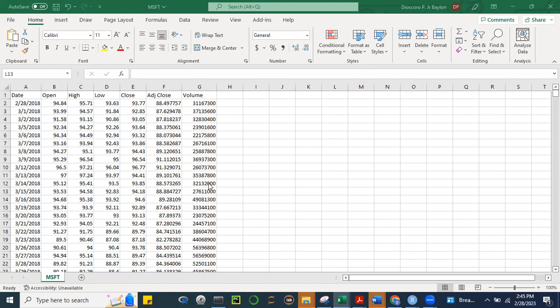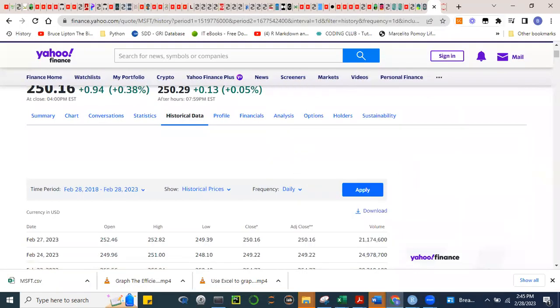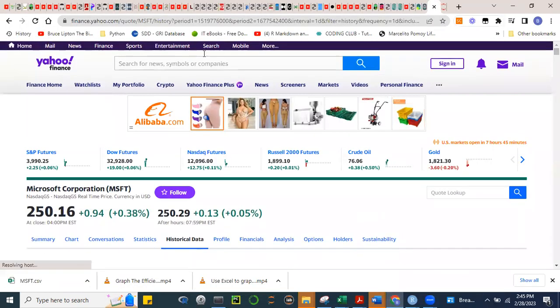Okay, so it's best to use the adjusted close, right? It's best to use the adjusted close. So what we're going to do is I'll just save this for a while. Okay, and then let's go to another stock. Let's download another stock. Let's say